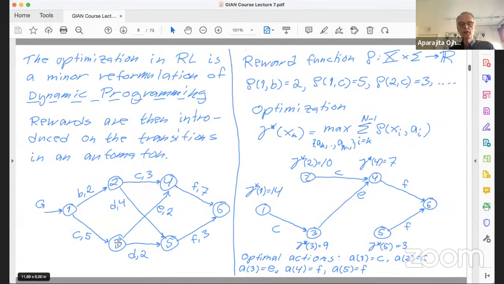But if I take this road instead up here with an E, I get 2 plus what I have in state 4, namely 7, and that means that I have a reward 9 in this state. Okay. So now, based on what I have here, I can go one step back again, and then I see that if I take